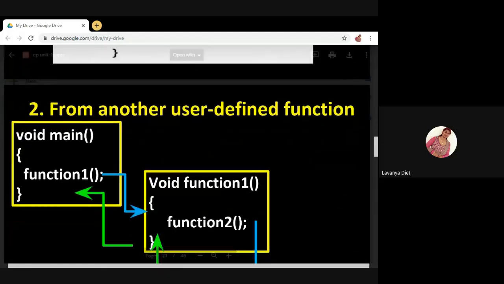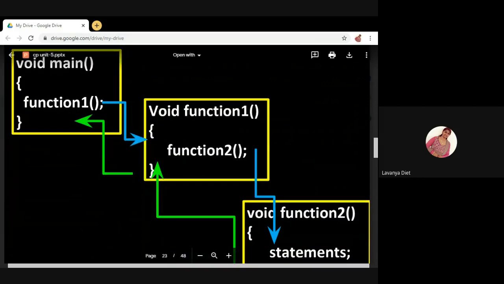Next, you can call a function from another user defined function. Inside the main function, here I am calling function1(). I didn't specify any variable equal to the function name because this function is not returning any value. If a function is not returning any value, there is no need to specify a variable before the function, just the function name.